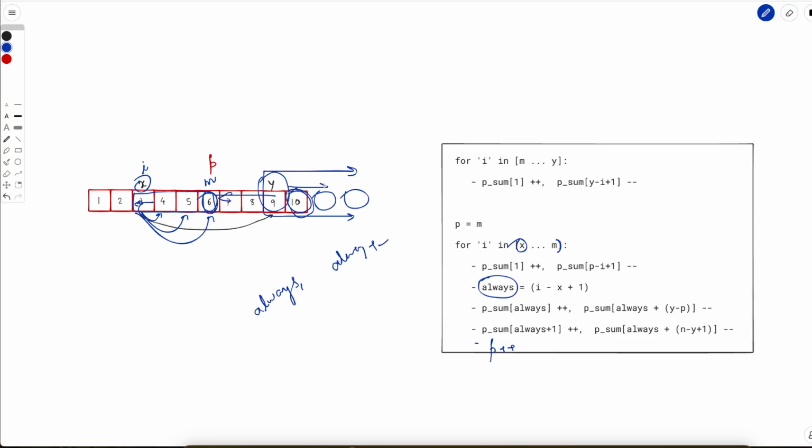And similarly afterwards as well, you will start from always plus 1, because y you already considered, so now it's time from y plus 1 all the way up to n. So y plus 1 will be at a distance of always plus 1, so you'll start from always plus 1 and go all the way up to the right hand side, which is at a distance of n minus y